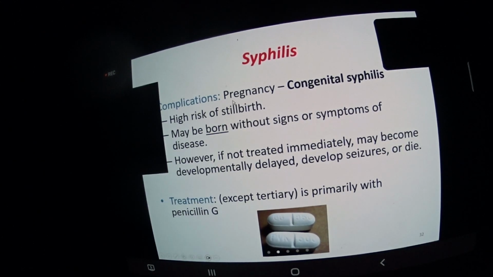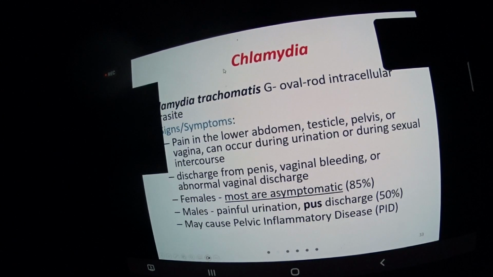Okay, so syphilis complications, like I said, these are the complications that you see when you're not treating them. Treatment: penicillin and derivatives, a miracle. Takes it away, no problem, okay? All right.